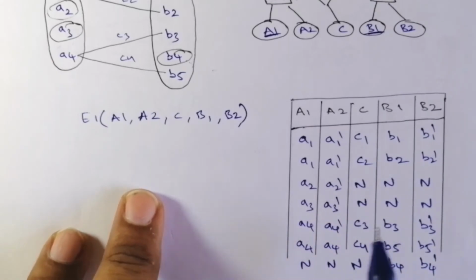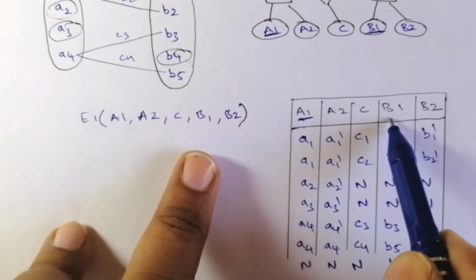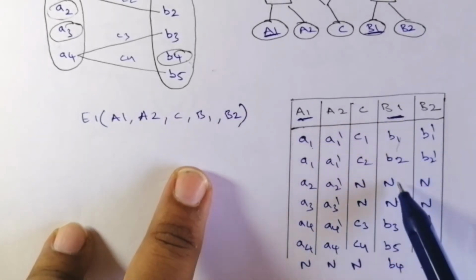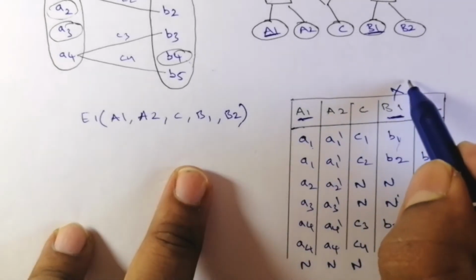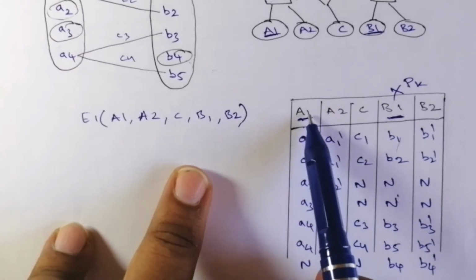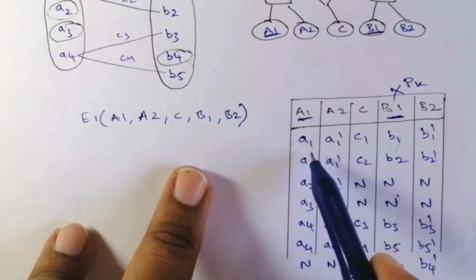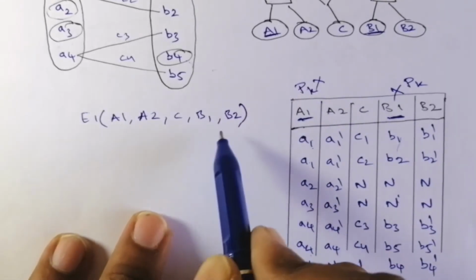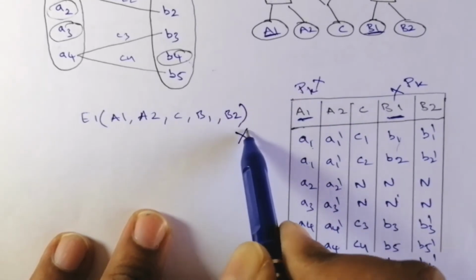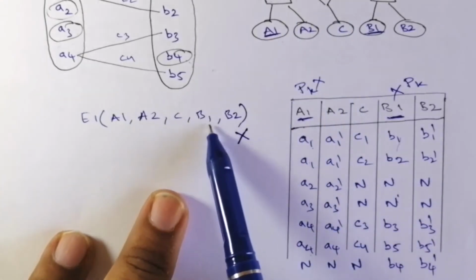Now we have to check for atomic values. Okay, every cell has an atomic value. Next we have to check for the primary key. A1 is from relation E1 and B1 is from relation E2, so it has a null value. So this particular B1 is not suitable for primary key. Now let us check for A1. It also has null values and some repeated values, so this is also not suitable for primary key. So automatically this instance is not suitable as a single relation. That is, we cannot combine this particular ER diagram into a single relation.